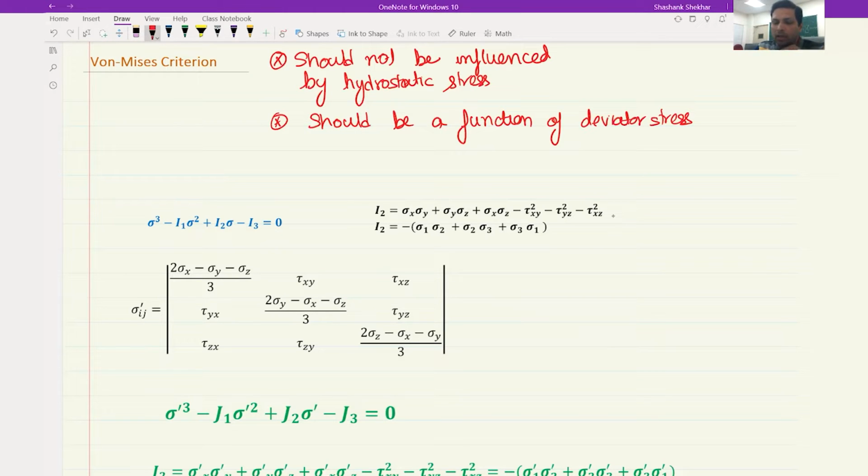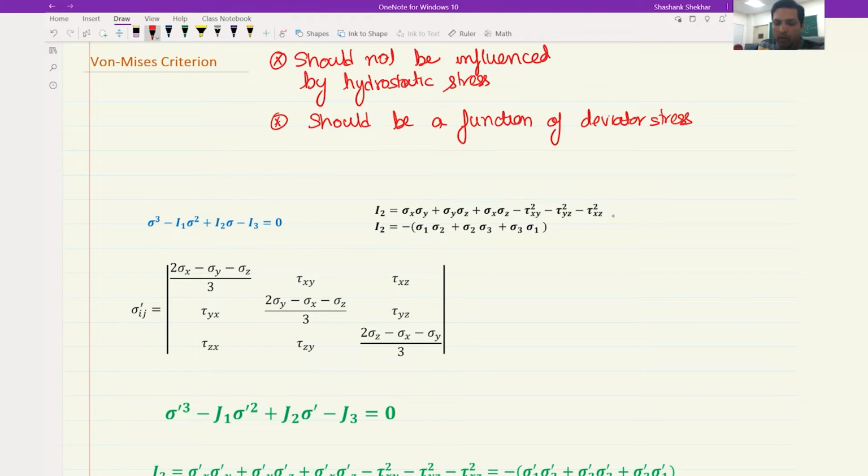Okay, so with this understanding, let's look at how to get to one of those criterions, and it is the von Mises criterion. Now you remember that if you want to get the principal stresses, then the principal stresses are given